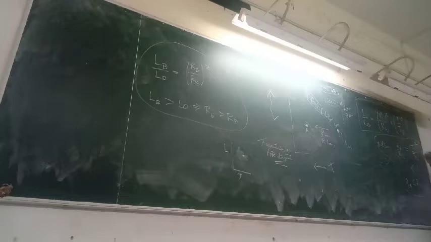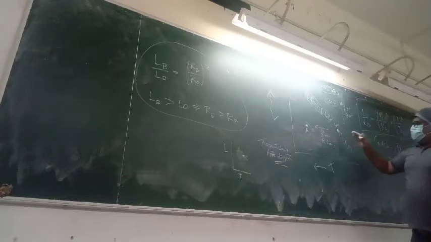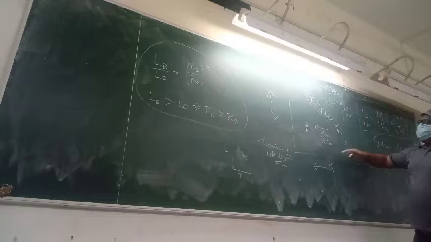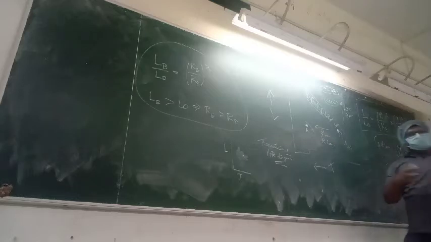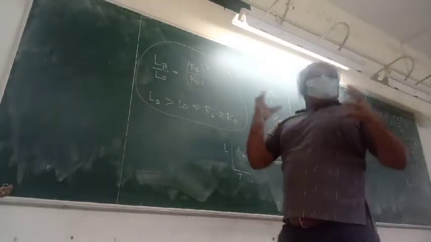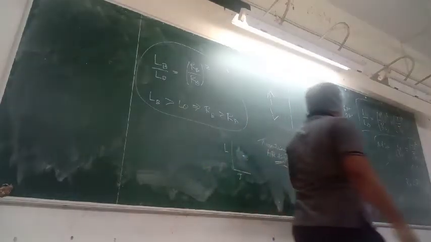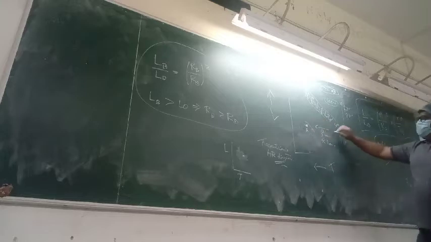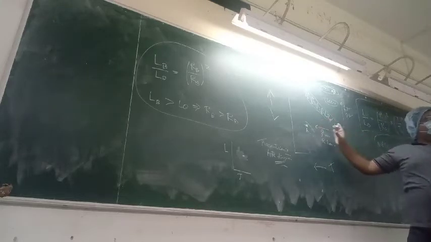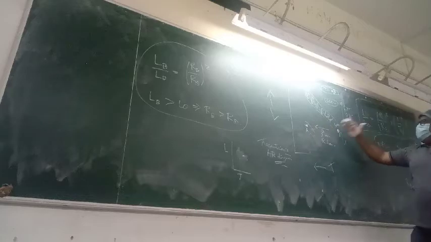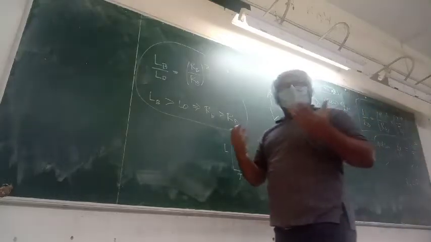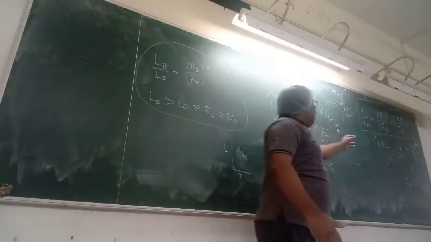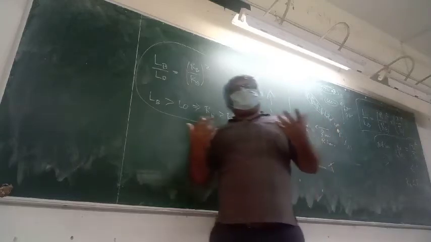So now we are already observing here that compared to the sun's temperature, the temperature of star A is more. So this relation tells us that star A is much more compact. It has got a smaller radius. It is much more compact. The density is much more. So as we move toward this side, temperature increases, radius decreases, density increases. So this and this, they are entirely different type of materials. They are made up of these two astrophysical structures. They are made up of entirely different type of materials.